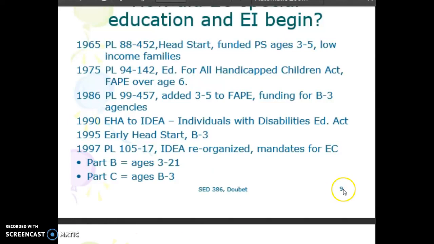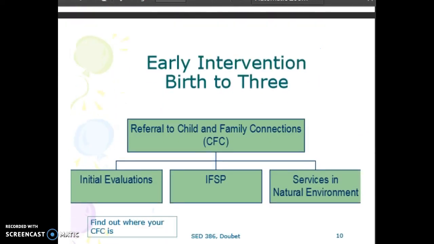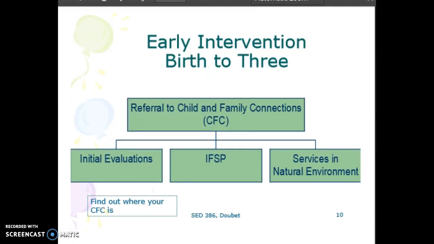So you'll hear us talk about both of these terms, Part C and Part B. You've already had a chance to review this slide. What I want to add to this conversation is down here, right here in the bottom left. One of your activities that you will see in this lesson is for you to find out where your Child and Family Connections is, and you're going to have some information that you need to add to the assignment for